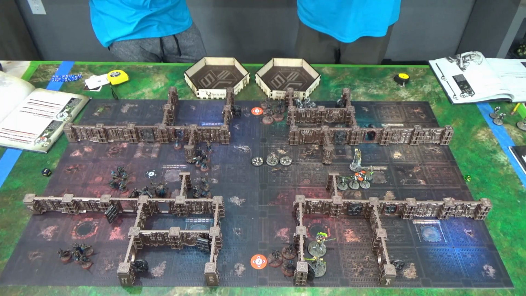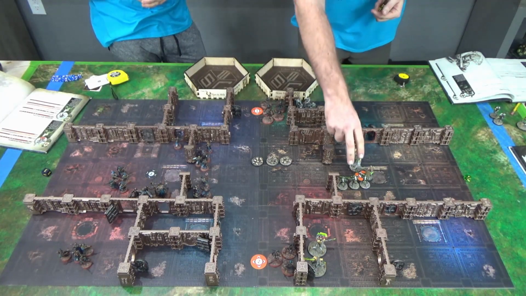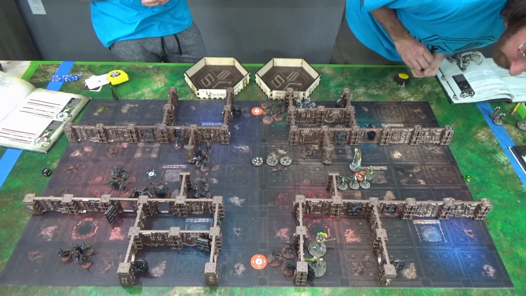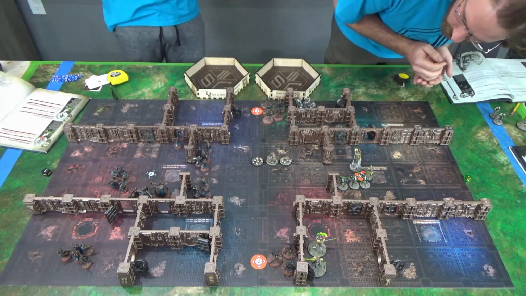Let's see. We're going to shoot these 3 Deathmarks into this unit over here. Can you see them all? Because you're blocking your path here. I think you could hit this unit, I think we're going to hit all 3 there, or we could go...